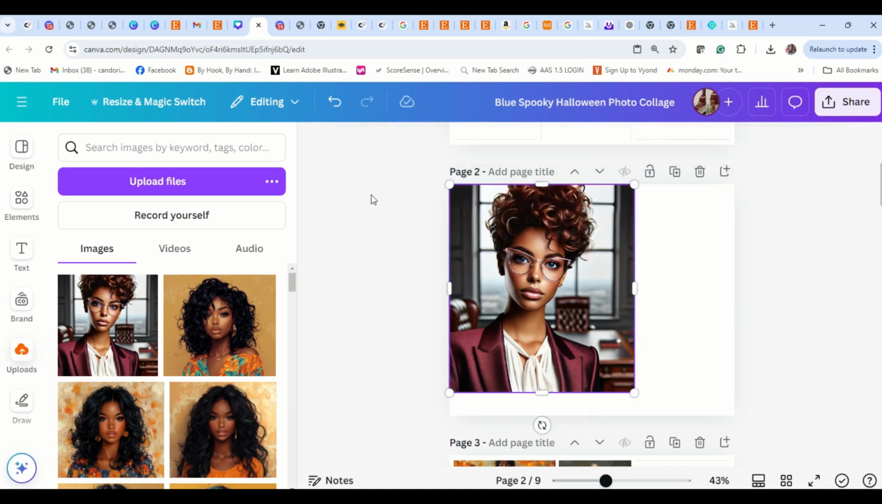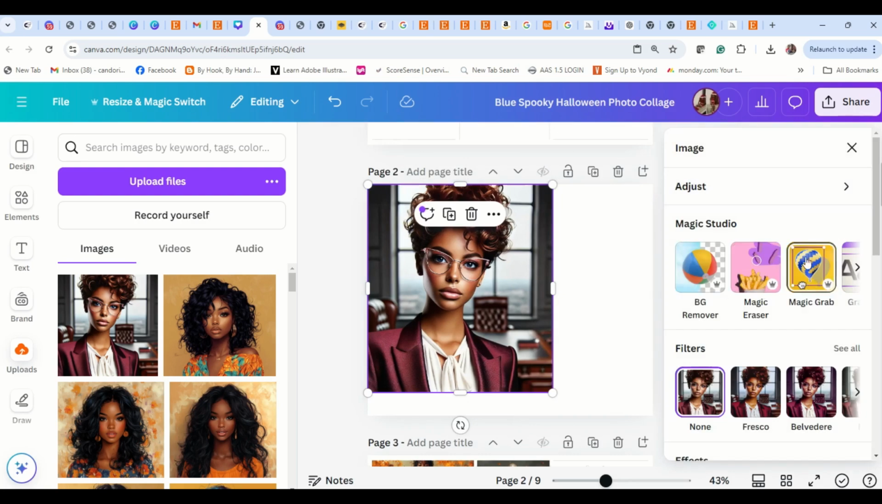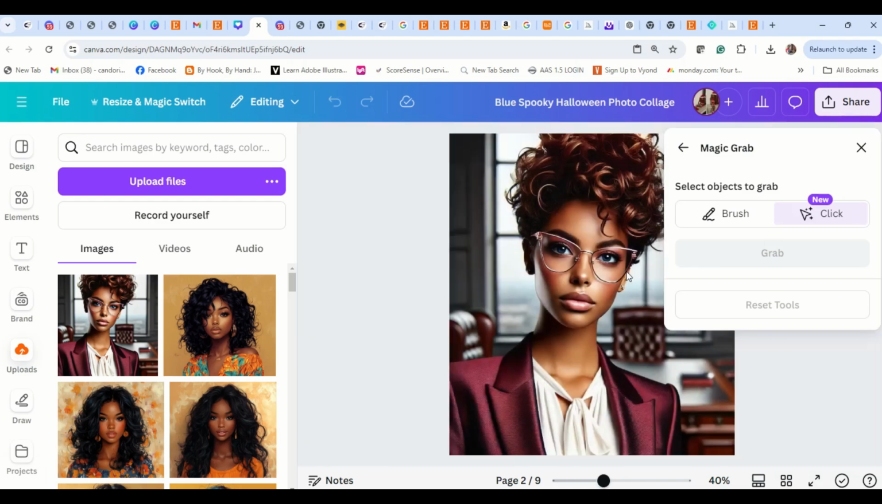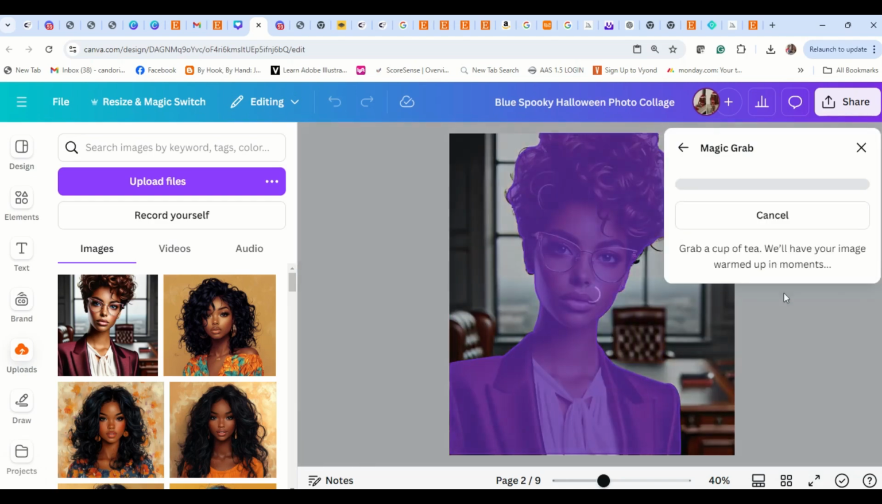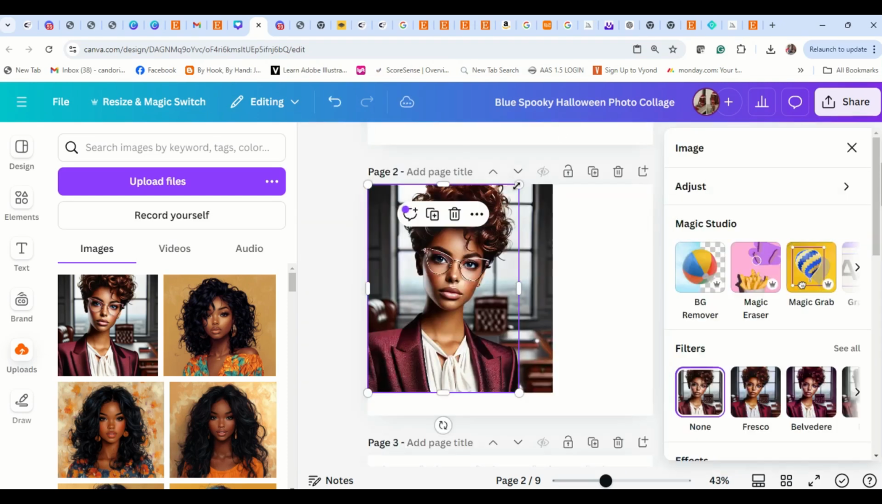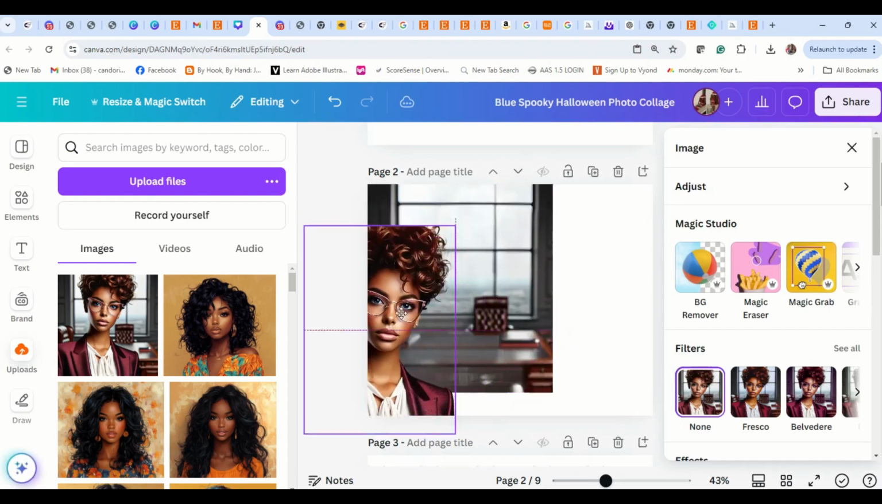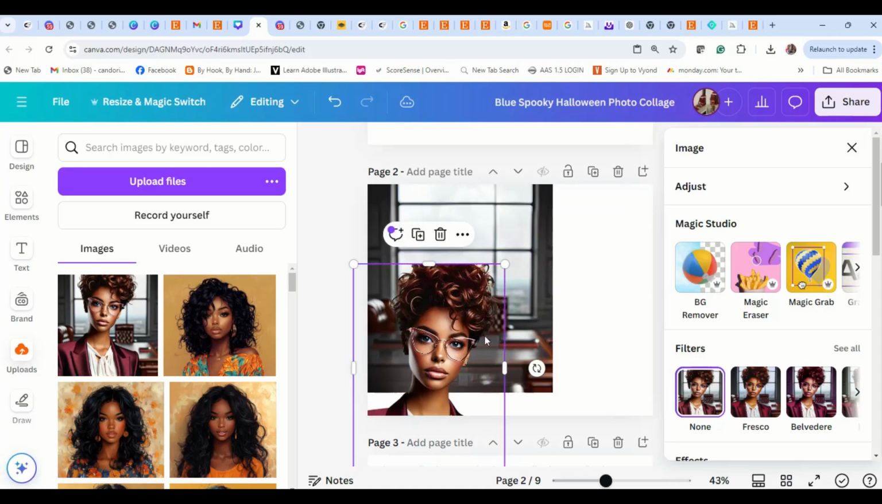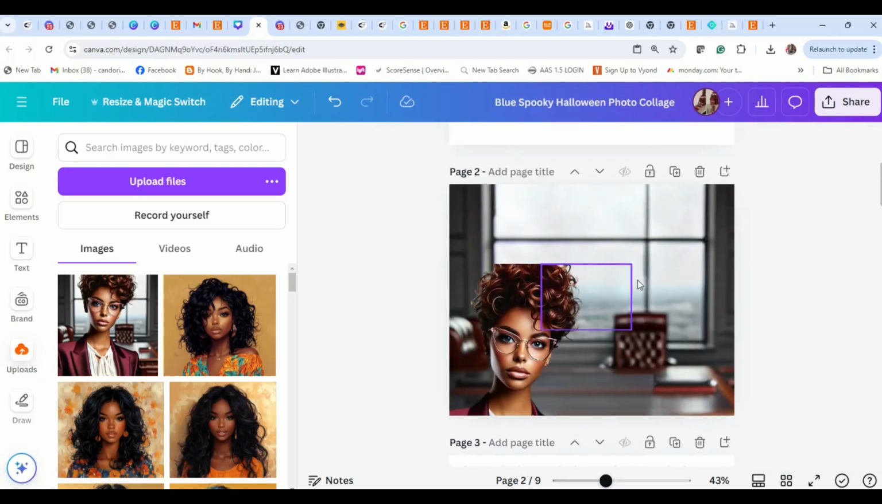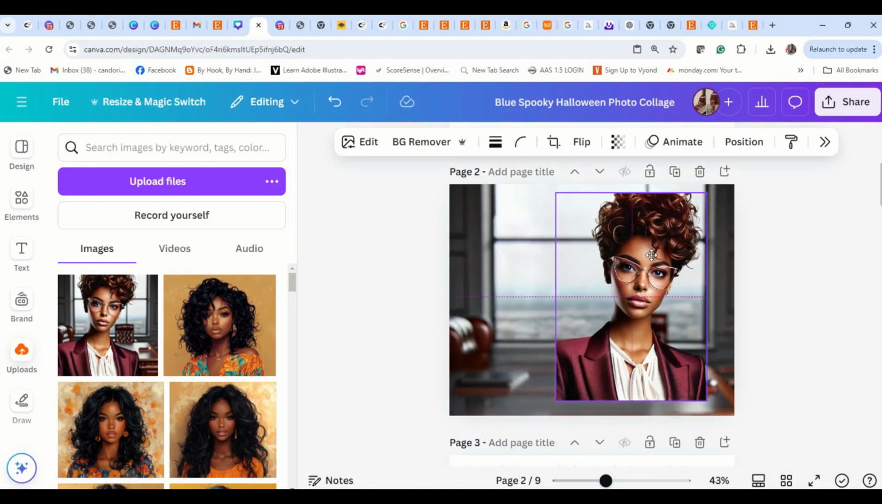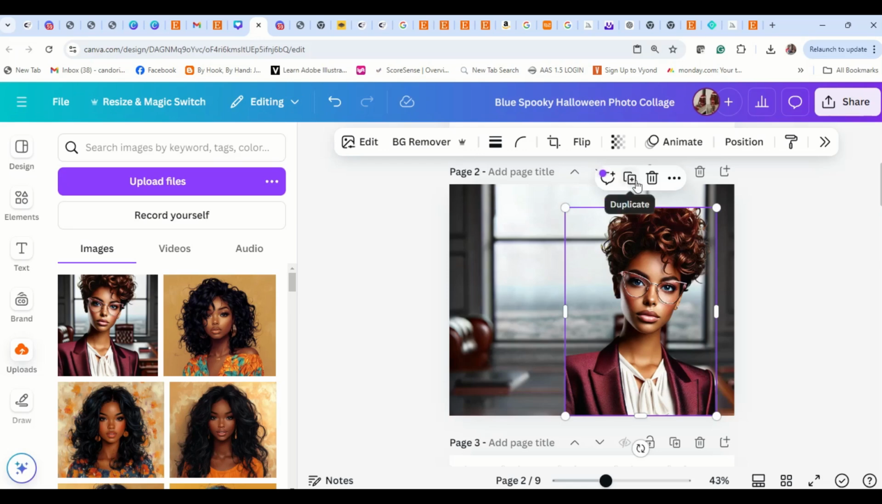So I'm going to go back to edit and this time I'm going to do a Magic Grab, and I'm going to click on her and grab her. And what this is going to do is remove her from the background. So you can see now the background is there by itself. Now you can right click and say set images background for that background. But what I'm going to do is